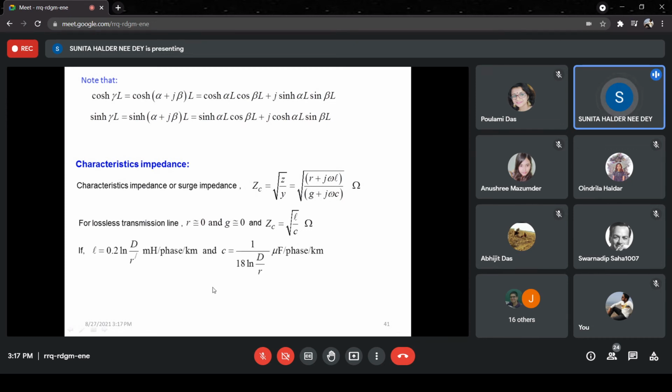If we put the expressions for a three-phase transmission line with a balanced circuit, then the inductance per unit length is this much and the capacitance per unit length is this much. Now, if you put these in the expression and approximately assume that R' equals R, because R' is 0.7788 R, then we will get Zc equal to 377 ohm. So generally for a three-phase single circuit transmission line, we take Zc near 400 ohm. It is one convention.